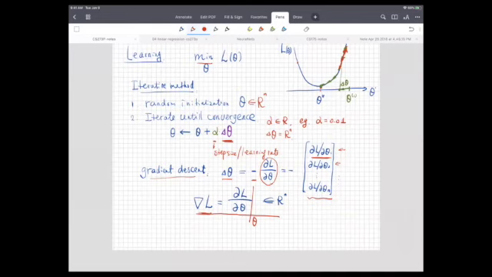Let me just give you an example here to illustrate what it means, and then I will give you some